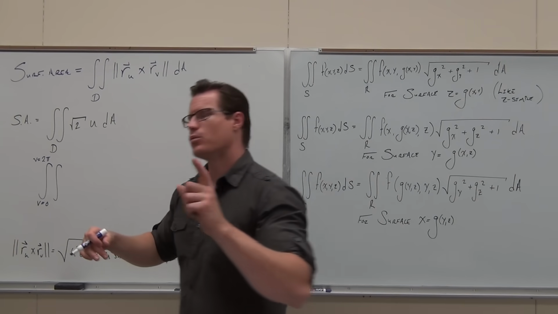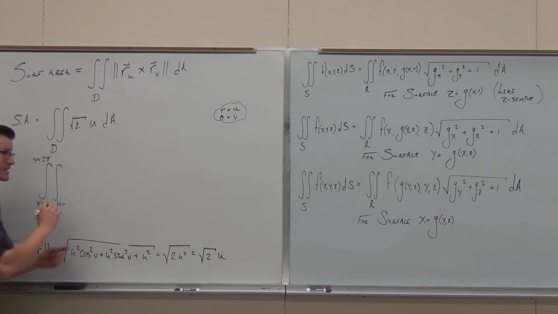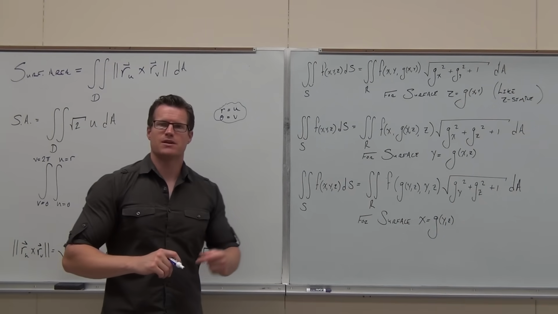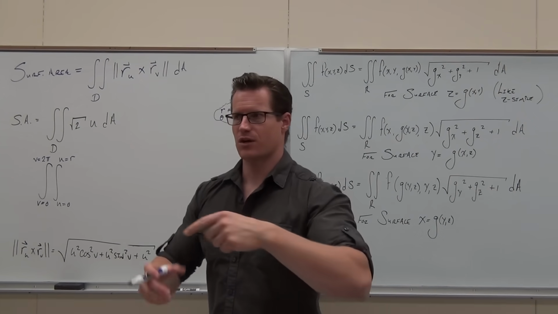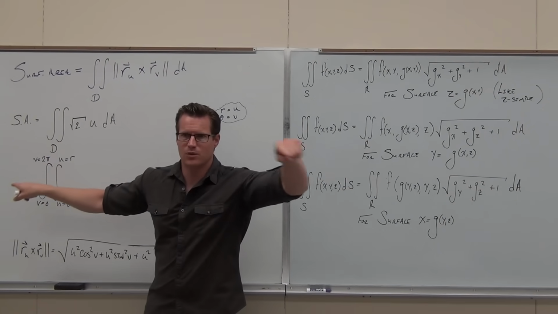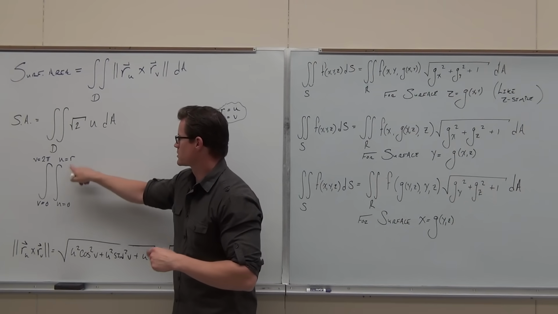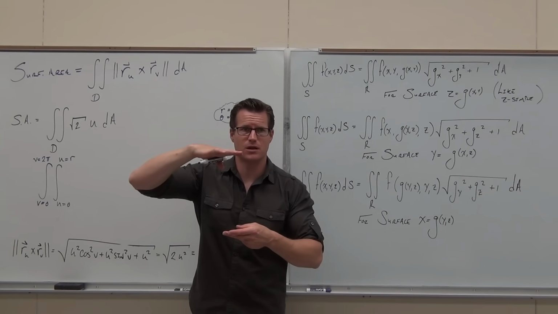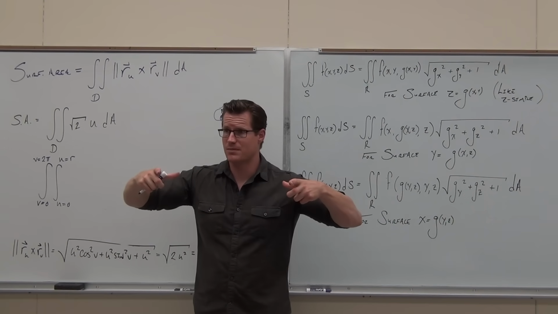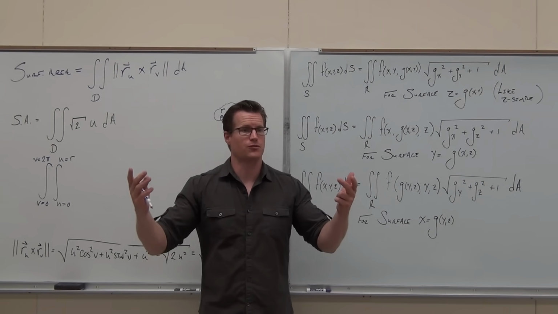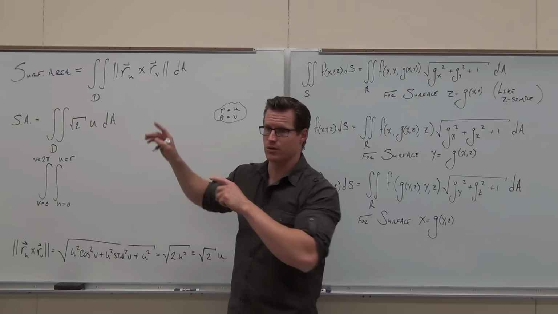Well, what if I let the U, because again, U is the radius, that's all it is, go from 0 to R. Then what it would give me is a formula for the surface area of a full cone. That's what we're talking about here. So again, if I went from 0 to 2 pi, that's just going full circle around the cone, okay? If I went from 0 to like 4, it'd give me the surface area for a cone that stopped at a radius of 4, from 0 to 4. Does that make sense? If I went from 0 to R, it'd be 0 to anything. I could plug in R later and find a formula for the surface area of a cone. This particular cone,